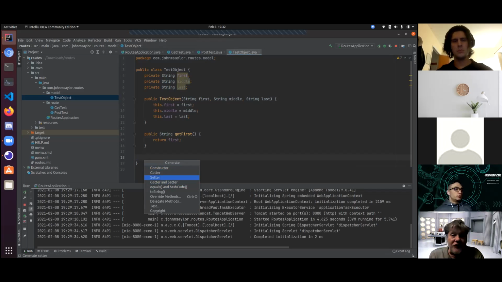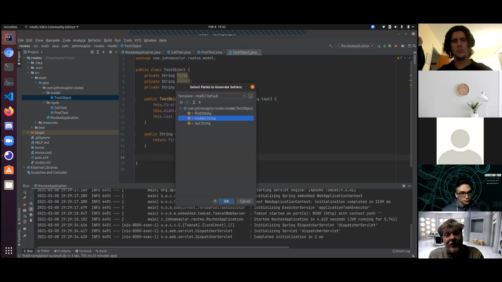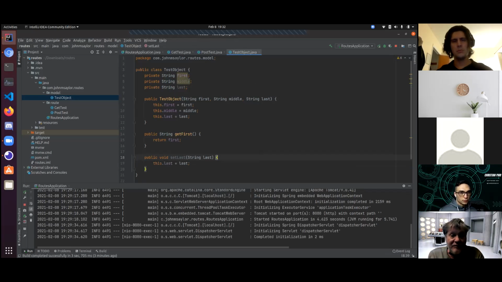You notice the middle got unhighlighted because it could be altered. See how last is highlighted now? The recommendation is no longer there. Last should no longer be made final, because as soon as you make it final, that setter is going to cause problems, because you're trying to change something that is final. That's the one thing I like to keep clear: final is const, but also not const, because it can be set once, but as soon as it's set, it can't